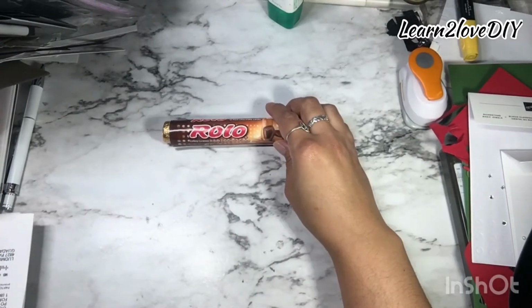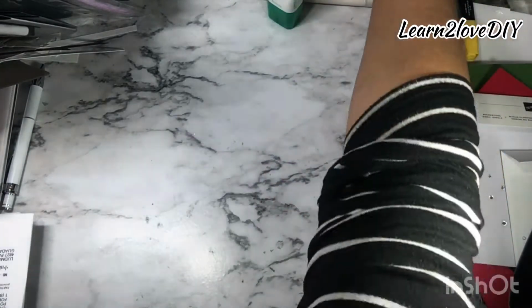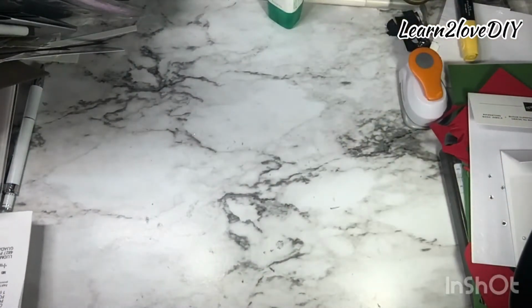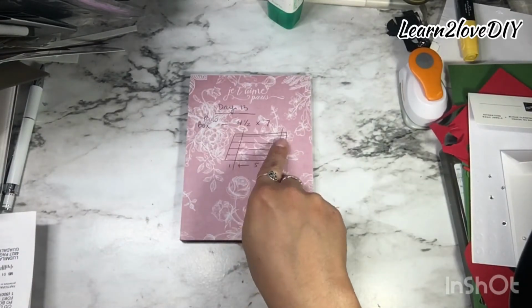Today we're doing day 13 and our final day of my 13 days of Halloween series. We're going to be doing a little roller holder box, and I'm going to go ahead and show you through the process since I didn't do a